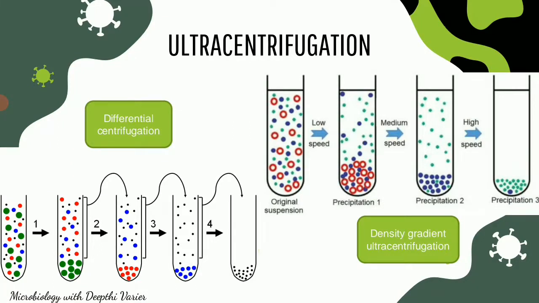So if I keep a solution at room temperature for an extremely long period of time, I'll have the particles settling down due to gravity, because gravity is going to pull them down. But if I add centrifugal force, if I spin the particles at a high speed, the centrifugal force is going to increase the rate of sedimentation. The sedimentation would have occurred naturally due to gravity, but it's very slow and time-taking. So the centrifugal force is going to aid the gravitational pull and increase the rate of